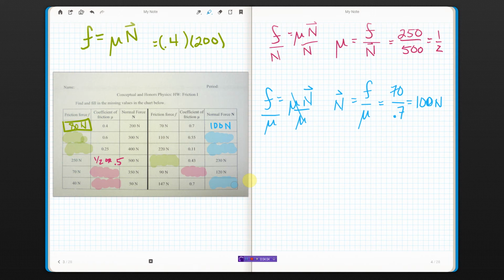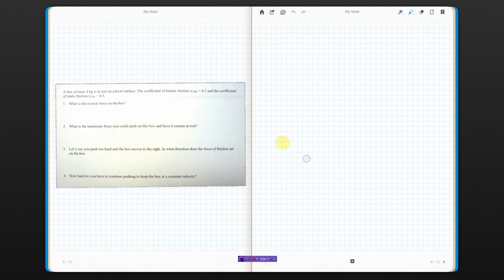All right, let's go look at the back. All right, on the back it says a box of mass 4 kilograms is at rest on a level surface. That level is important, by the way. That means, well, I'll get to what that means. The coefficient of kinetic friction is mu k equals 0.2, and the coefficient of static friction is mu s equals